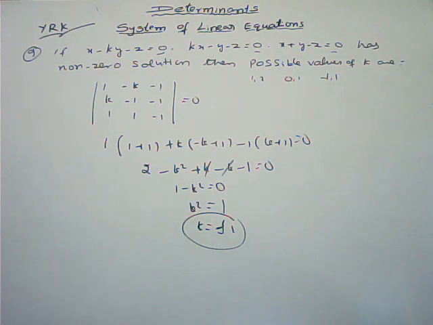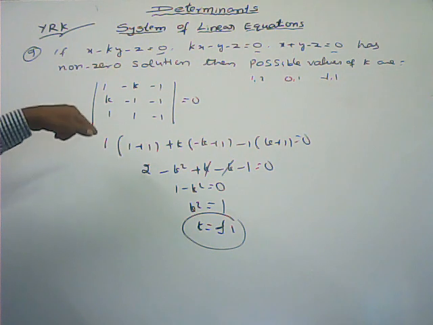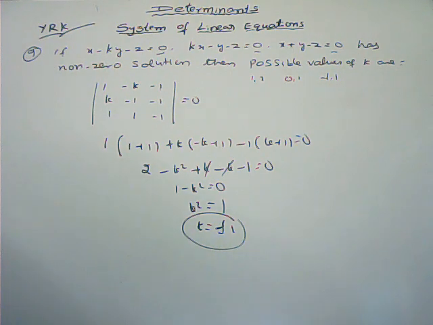Only two types are there. If homogeneous linear equations are given, for det A, you can find that det A is not equal to 0, there exists a trivial solution. What about the trivial solution? x equals y equals z equals 0. If det A is equal to 0, there exist non-trivial solutions, infinitely many solutions. Either a trivial solution or infinitely many solutions. Only two solutions are there here.